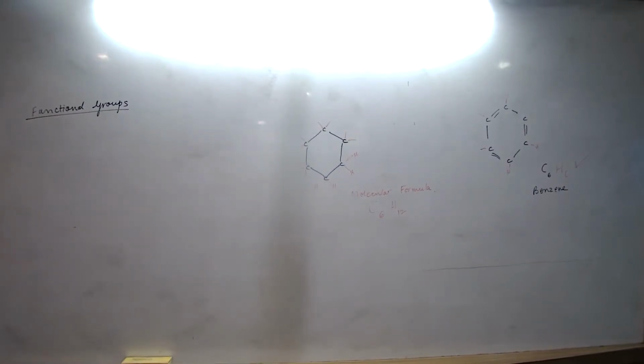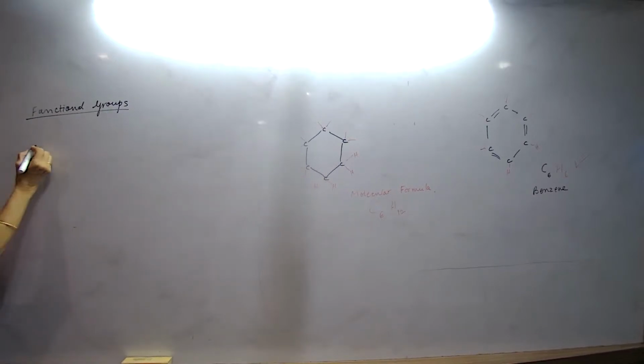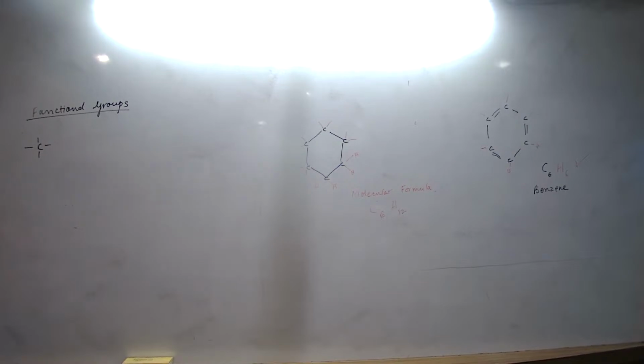So far we have read about alkene and alkyne, and we realize that we are talking in terms of bonds: single bond, double bond and triple bond. Functional groups are when one of the hydrogens can be replaced by one element or by a group of elements. You understand what I'm saying? For example, if I put, what is this? Methane. Is everyone okay with that? Okay, what will be the formula?